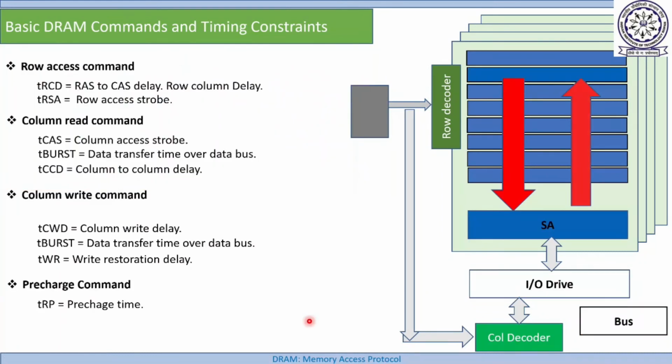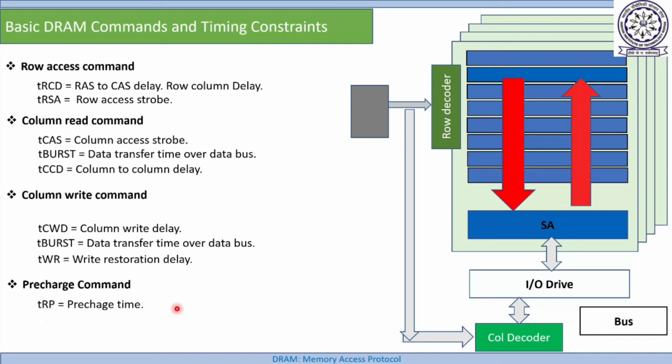Next, we'll discuss the precharge command. It is very easy for you to understand what precharge is and what its purpose is. You already know, but I'm repeating it. Suppose the content of row number 1 is available in the sense amplifier, and I now want to activate another row. Before doing this, we have to precharge. In precharge, we convert every sense amplifier in the row buffer to half VDD mode. That is called precharge, and the time required to do so is called precharge time, TRP.